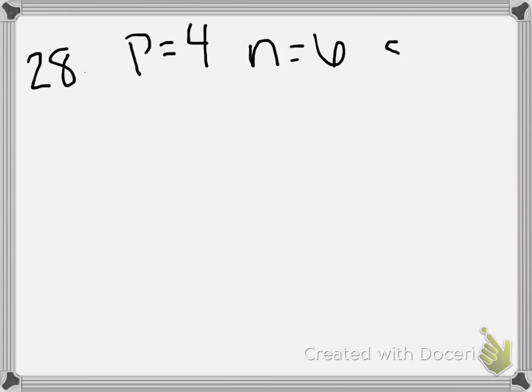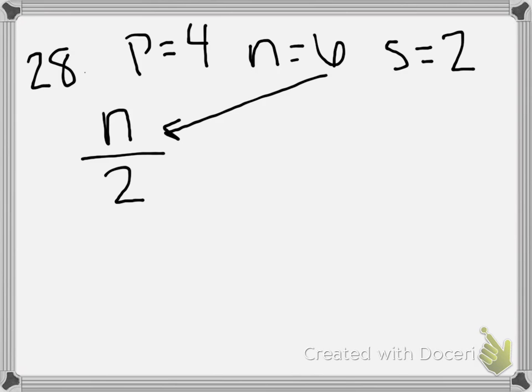Let's try number 28. So again, my values are p equals 4, n equals 6, s equals 2. Number 28 says n over 2. So that would be n divided by 2. Well, n equals 6, so I'm going to plug that in. 6 divided by 2, that equals 3. I want you to go ahead and give the rest of them a shot, and I hope